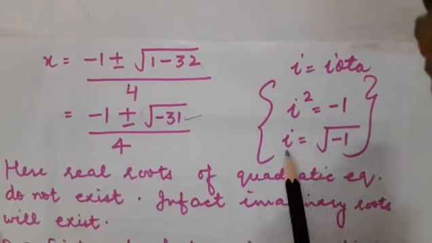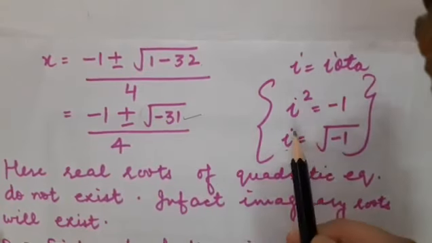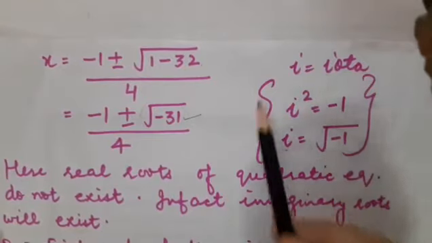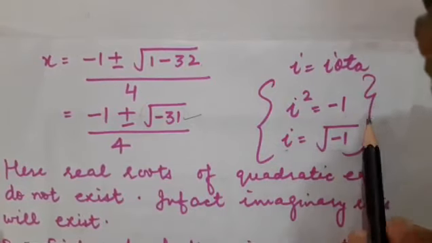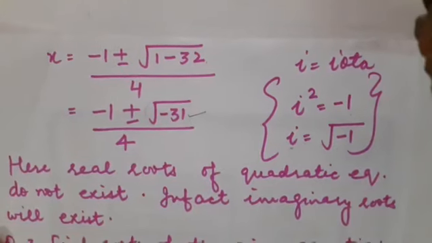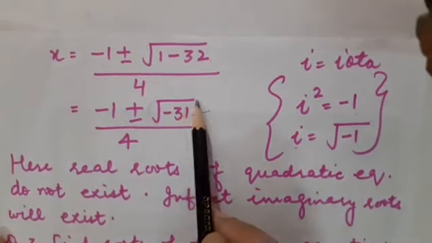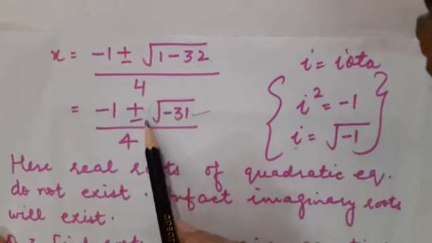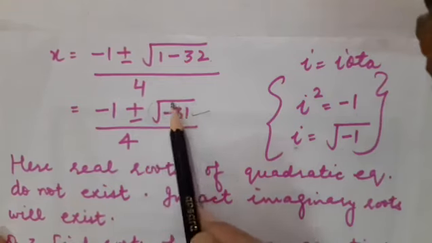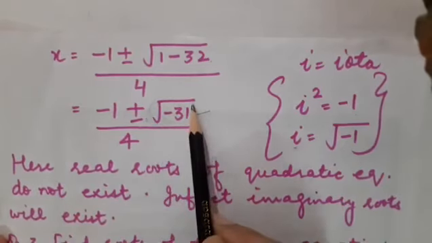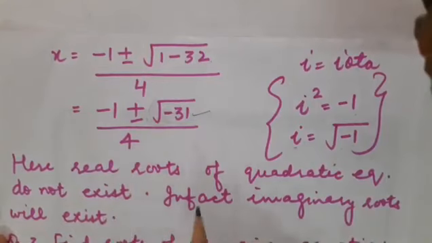If I am going to do the squaring on both sides, then children, I will be getting iota square is equal to minus 1. Fine. This is basically a concept which you will be learning in class 11th. Only a small description of this concept I am going to give you, that whenever you have a negative sign under root, or the negative value, or I can say the negative integer under root, then that particular value can never ever produce real roots. It will always produce imaginary roots.